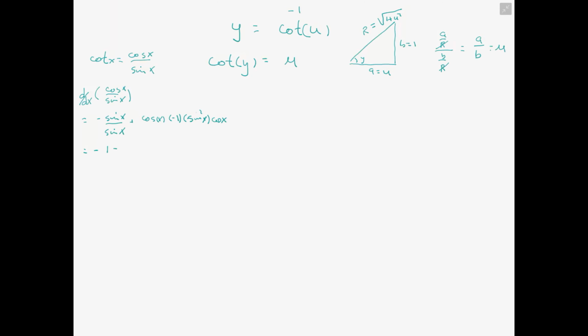And that equals minus 1 minus cotangent squared x. But then when we go to our identities, cosine squared x plus sine squared x equals 1, we have, when we divide through by sine squared x